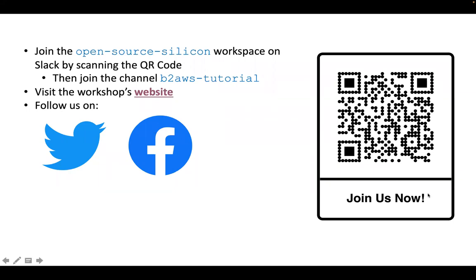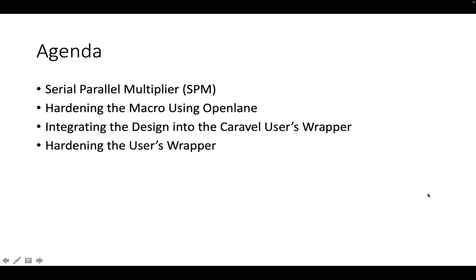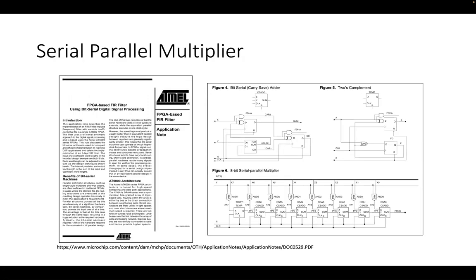So as I mentioned, the agenda for the day: we are going to start off by describing the design we are going to actually harden and integrate into the Caravel users wrapper, which is a simple design, a serial parallel multiplier. We will learn how to harden it using OpenLane, then integrate this design into the Caravel user wrapper and harden the wrapper. Starting off with the serial parallel multiplier, you can check out this application note